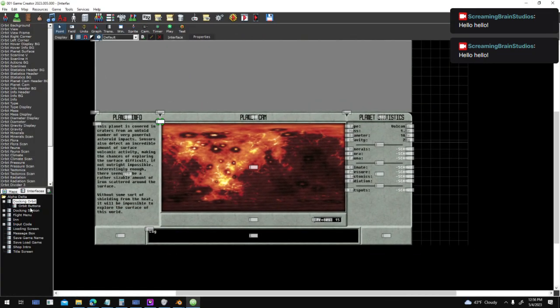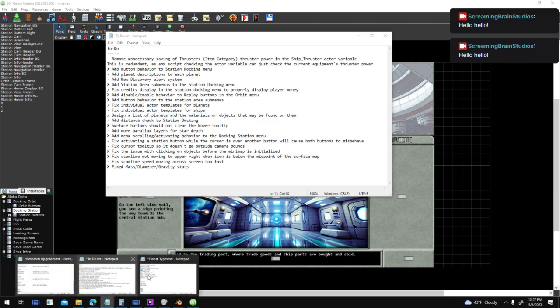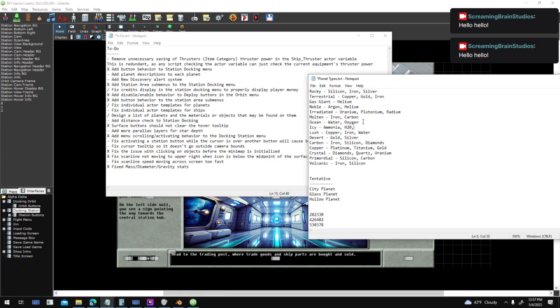So let's take a look back in my to-do list here. Can't really do much with the ships right now. So I've got at least halfway here of a list of planets and materials, and I haven't decided on any kinds of objects. But I'm hoping to have more types of planets. I've got volcanic. I think I put gas giant in here, but I want to call them gaseous planets. Then I've got